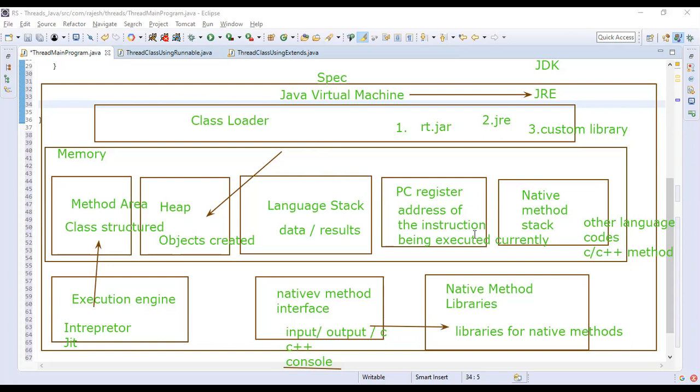So this is a core part, and as I said, the reason I take it at the very end usually is that we have to go through all these other topics. If I tell you about a custom library without you having used one, you will not link it. But now you can link it: I gave it in the POM and I got the libraries, and this is what is loaded here. When we work in projects and do hands-on, at the end, if you link it with the core, you will easily understand.